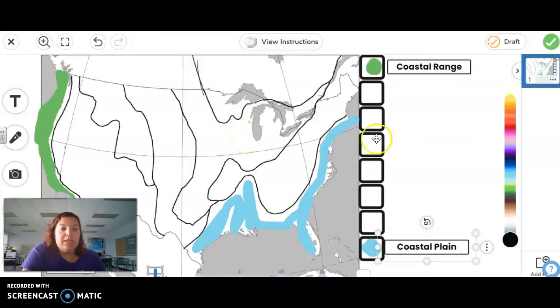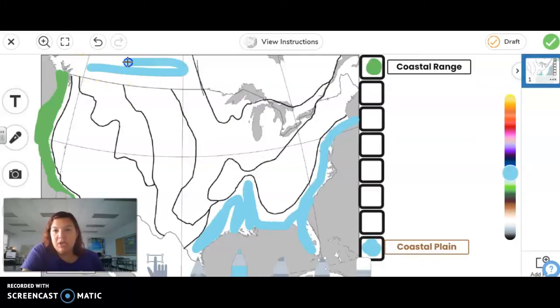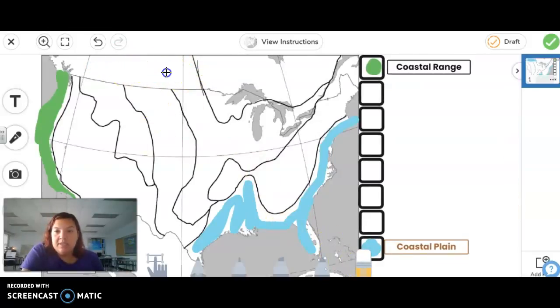Alright, so one other tip I wanted to tell you is the Canadian shield. When you guys are coloring in the Canadian shield, some of you are coloring all the way over here. And look, that's not a different color. Anyway, it doesn't matter, because I'm going to erase this. This is not the Canadian shield. It is Canada. That is correct. But according to this map,